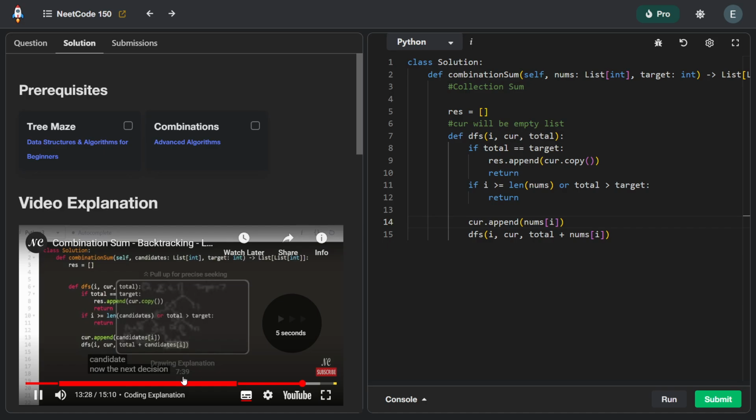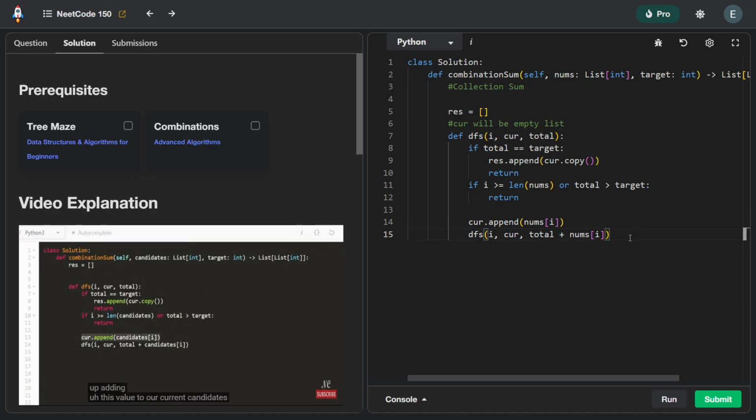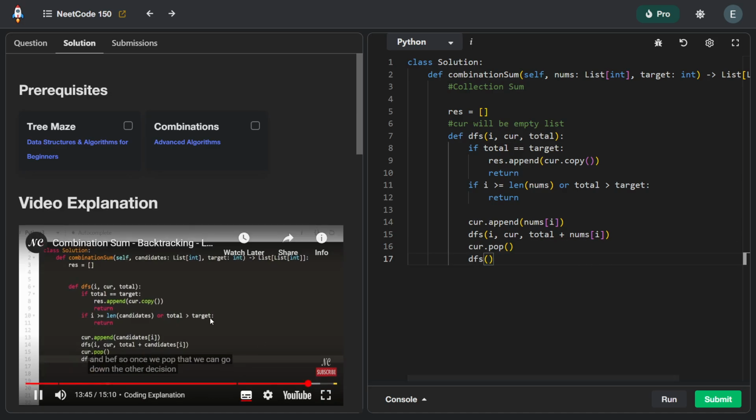But yeah, so this decision is that we ended up adding this value to our current combination. So we want to go ahead and pop that before we go down the other decision. And so once we pop that, we can go down the other decision. And that's if we're